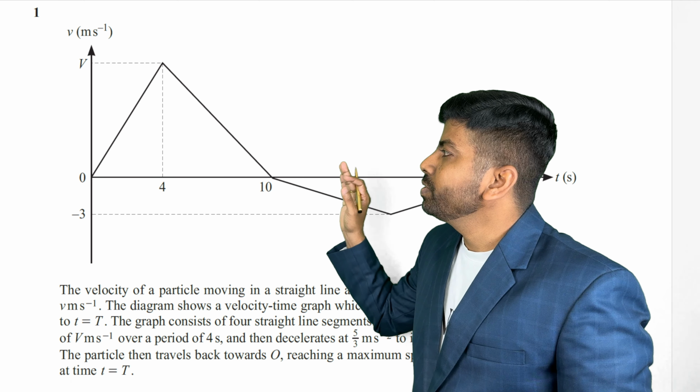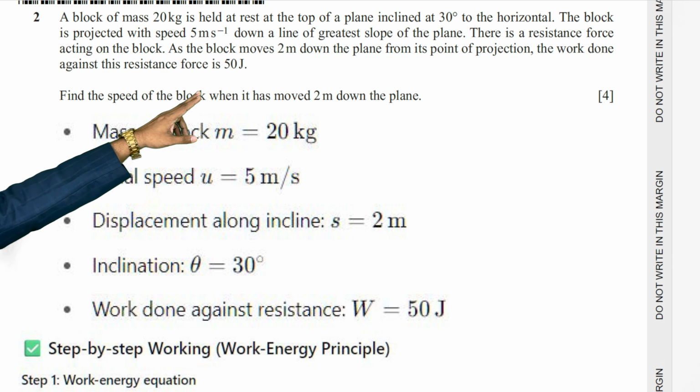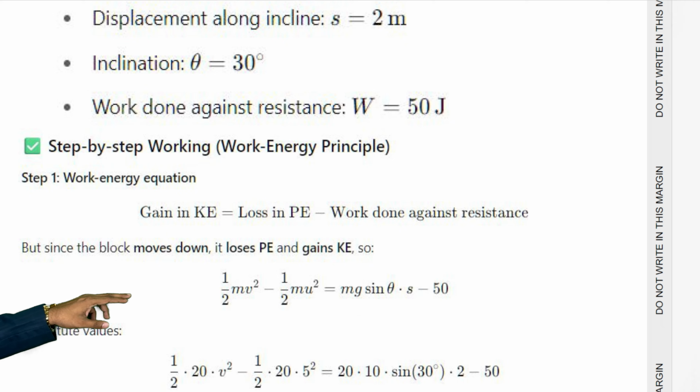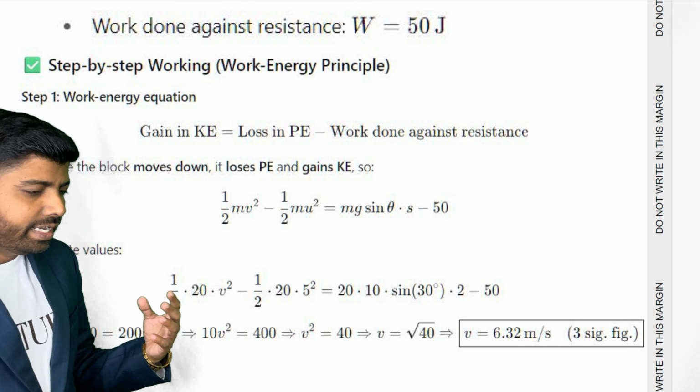According to the question, the mass of the block is given as 20 kilogram. The initial speed is 5 meter per second. Displacement along the line is 2 meter. The inclination angle is 30 degree. Work done against the resistance force is given as 50 joule, that is what I have written, 50 joule. Now if I use the work energy principle, the energy gain